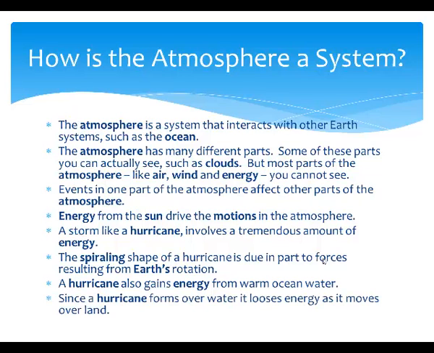Since a hurricane forms over water, it loses energy as it moves over land. It's important to note a hurricane cannot hit Michigan. Leftover parts from a hurricane, as it's dissipating, can be pushed northward towards Michigan, so we can get mild thunderstorms or mild rain clouds from a hurricane. But those rain clouds are not the hurricane itself. The hurricane has lost all the energy that it had from the oceans as it's pushed up over land. Once it makes its way all the way to Michigan, we cannot have hurricane force winds or the different weather events that are associated with